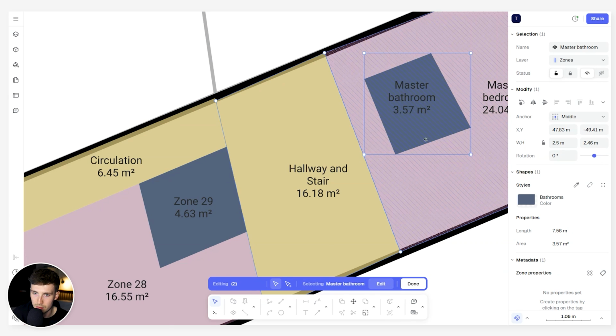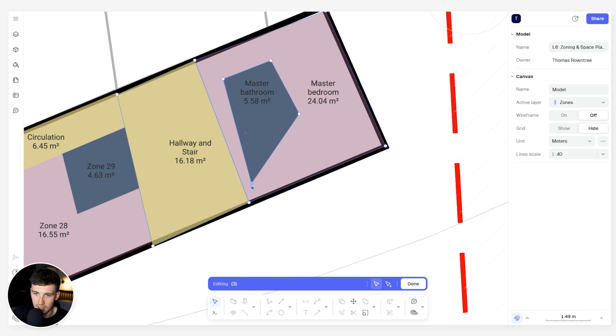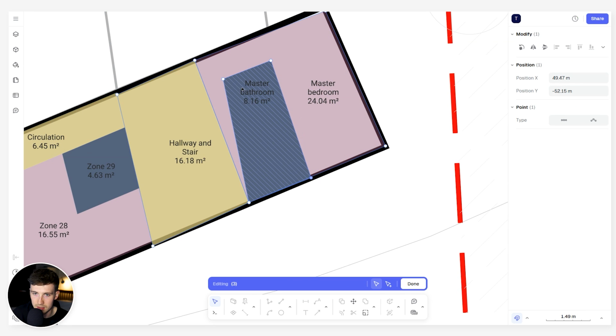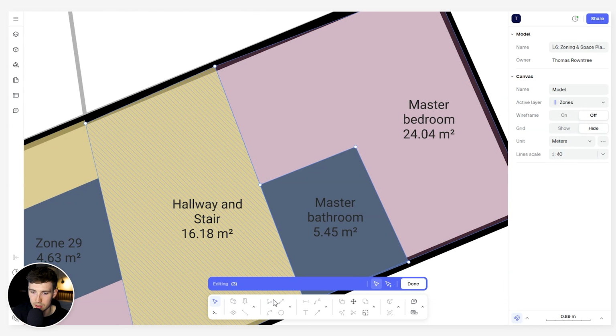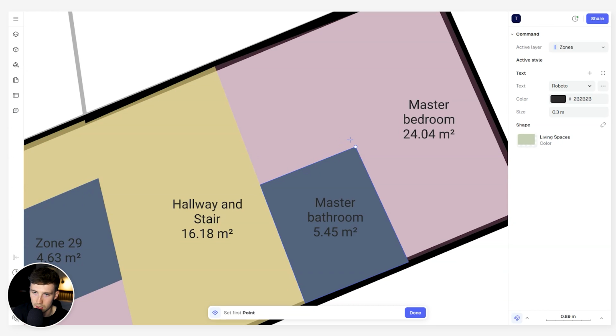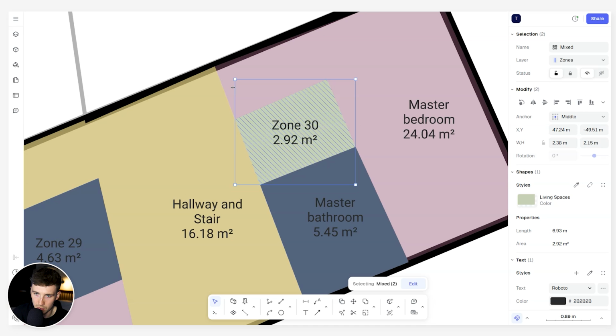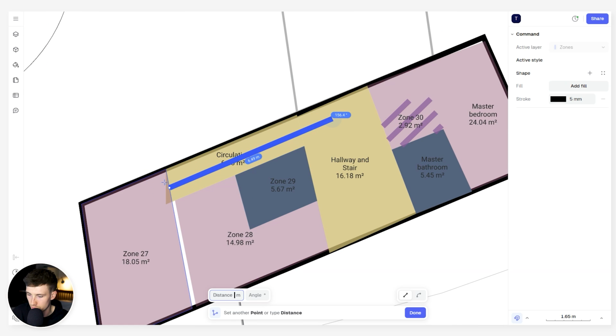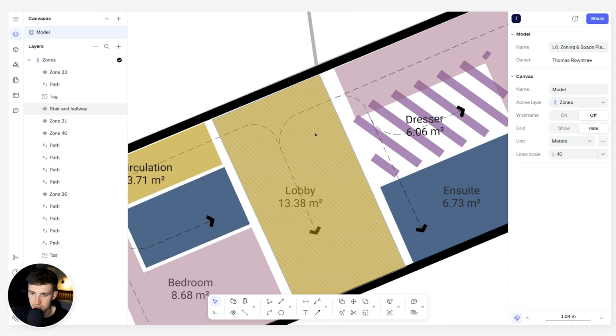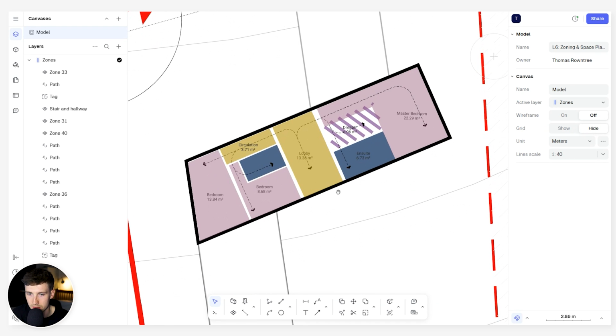and suggest that maybe this bathroom comes down, because we want to make sure that we're getting light into the bathroom. We want a nice significant size bathroom. And then we could even have potentially a walk-in wardrobe at this point here. So you have a kind of access route through here into the master bathroom through a walk-in wardrobe space. And we can also add some circulation routes and some annotation